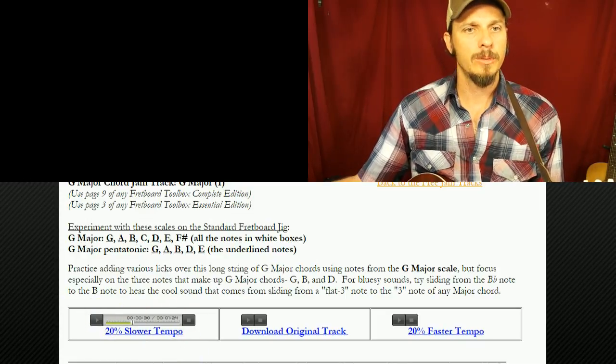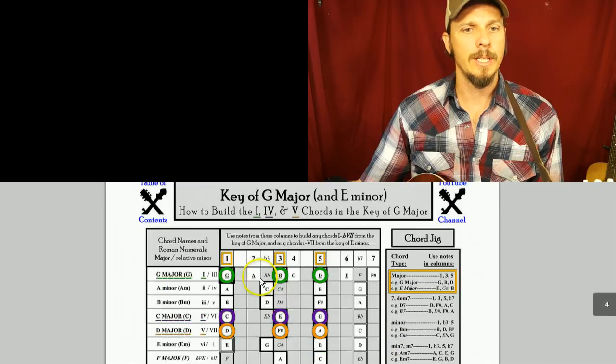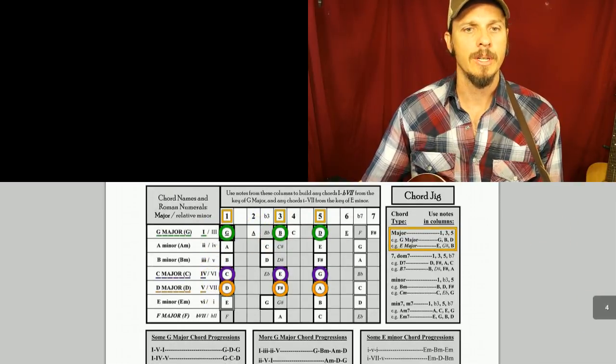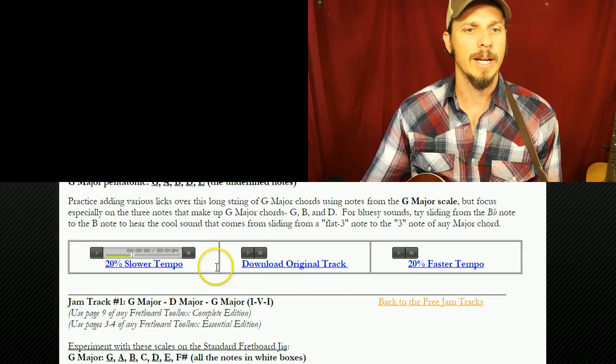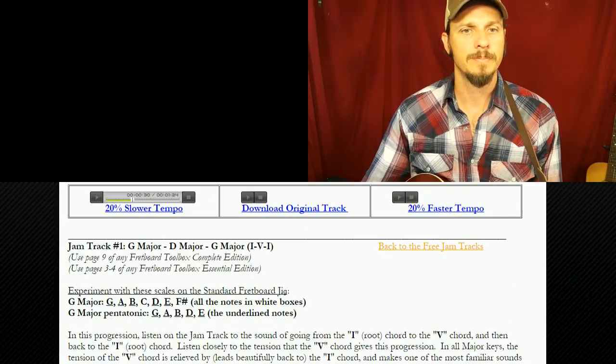Then, since I've already learned G major, C major, and D major, I can go down and try some different tracks too. Like I could try a G major, D major, G major. It's called the 1-5-1 progression. So to practice that G, D, G, I can go back to my jam tracks, and the next track here